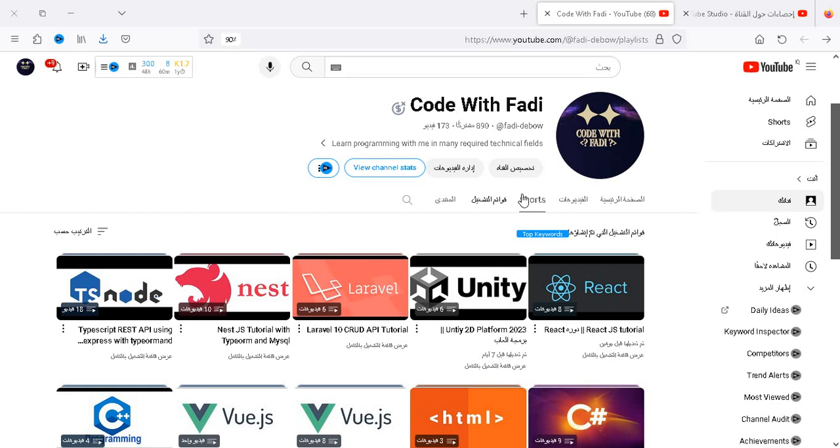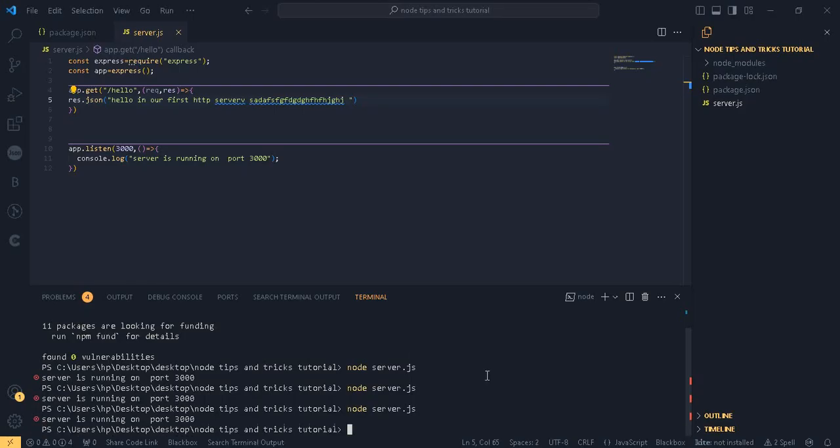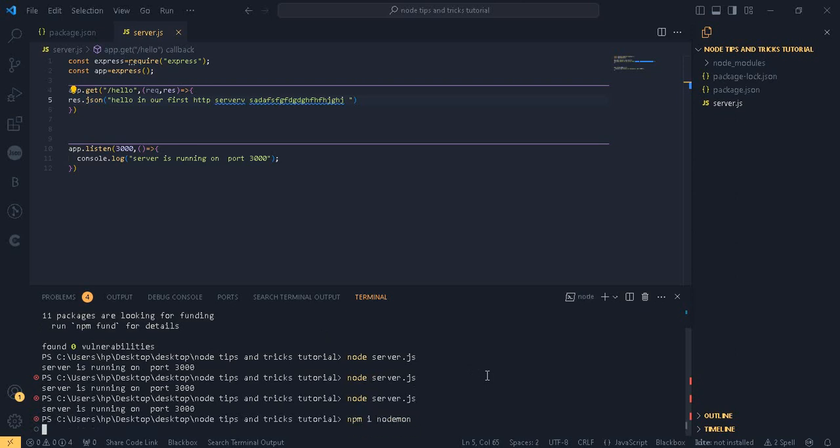In the previous video we have talked about how to create our first HTTP server. In this video we will talk about how to make the server restart automatically whenever any changes happen in our files. To do that we need to install a dependency: npm install nodemon. It makes our server restart automatically whenever I change any single word or character in our project,